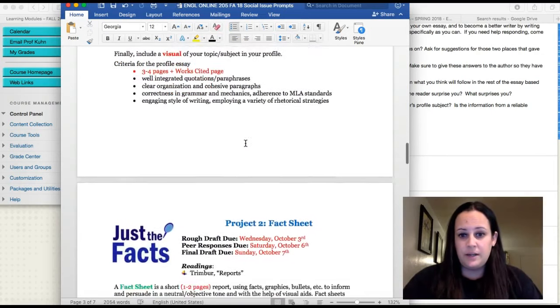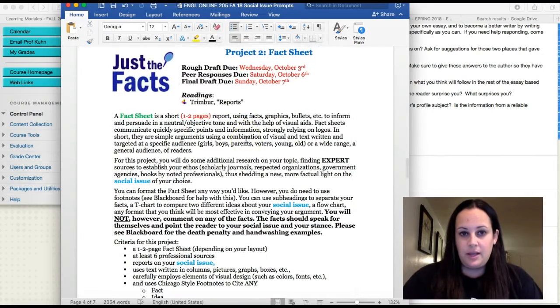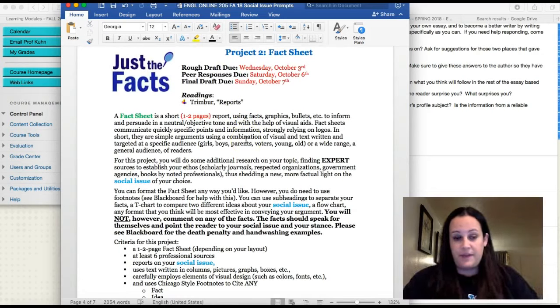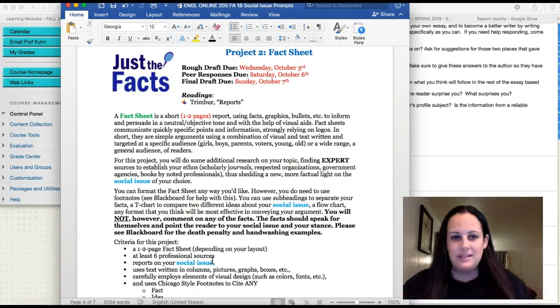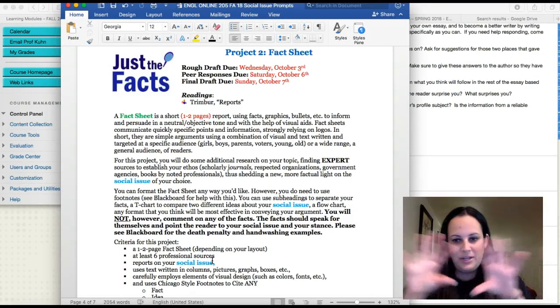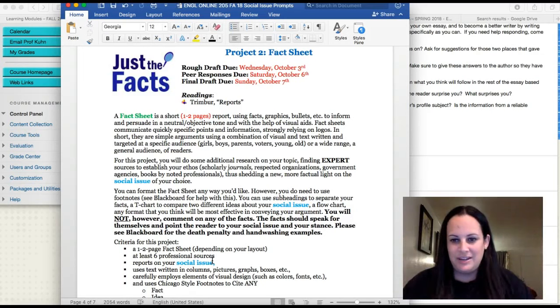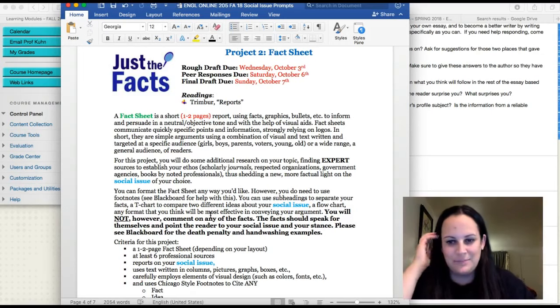So the next thing we're going to talk about is our fact sheet. And this is exactly like it sounds. It's a fact sheet, just the facts. So this is basically everything an English teacher has ever taught you not to do, right? Your English teachers say include evidence and then expand your analysis on your take on the evidence. This you are literally just putting the evidence and not explaining it at all. So you'll use these facts later when you write your commentary, which will be our last project, but this is